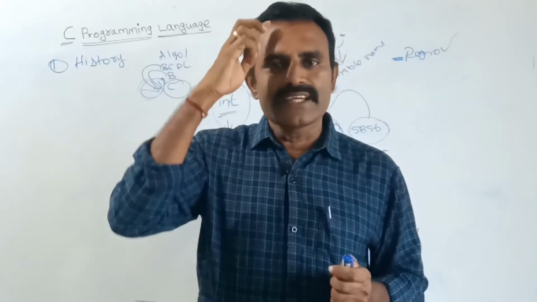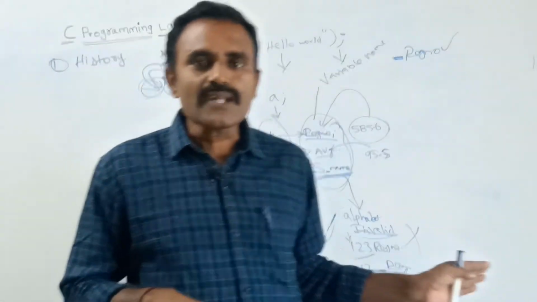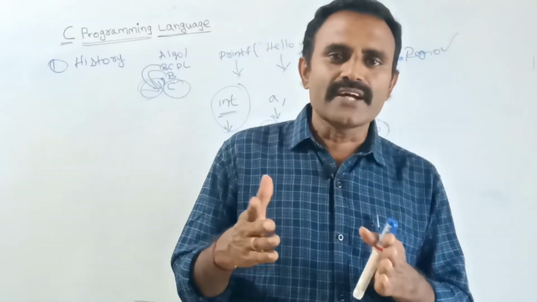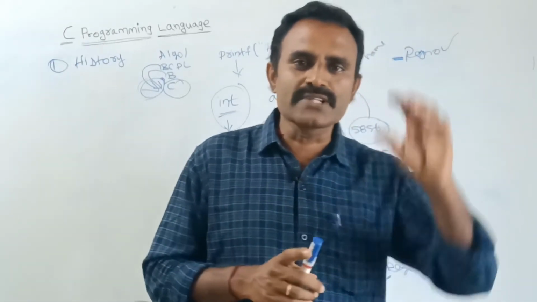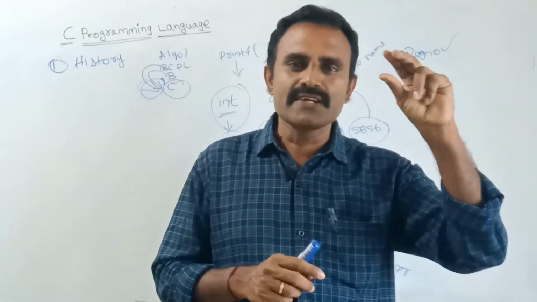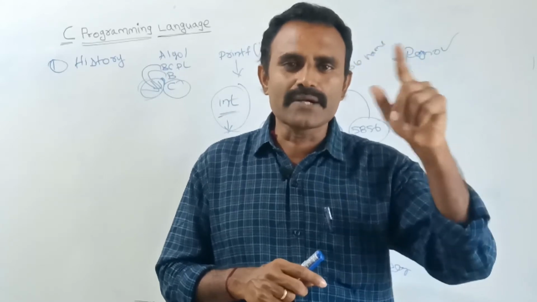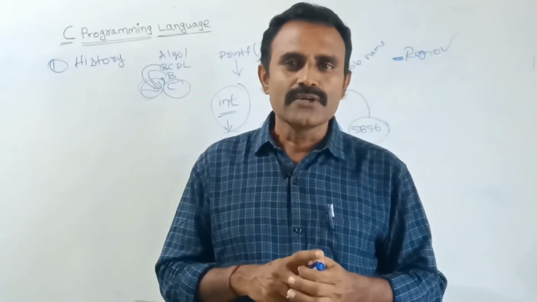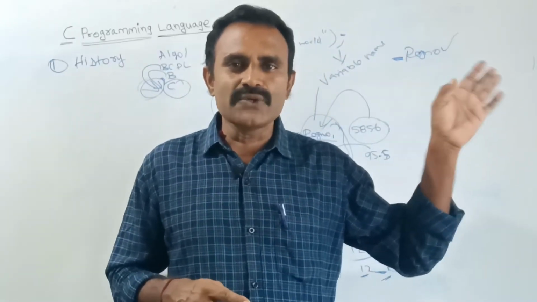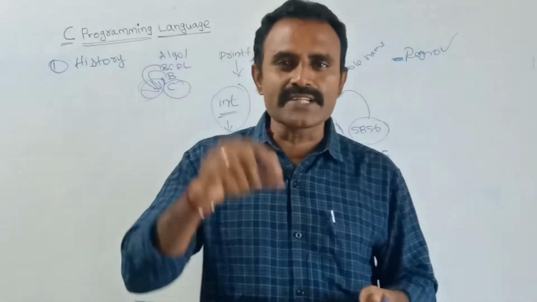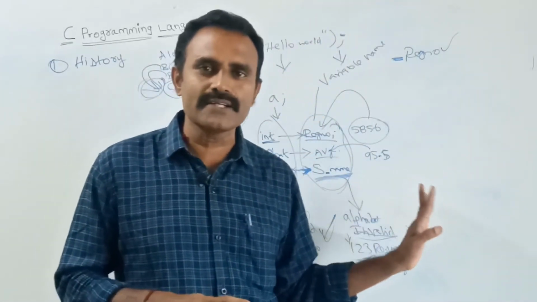For example, the student number, name and student marks and all, we can store at runtime. Suppose the student's department is computer science, that computer science department is a fixed one. It is fixed to every student. So we can declare the variable department is equal to computer science. That means while writing the program itself, we can assign the value. That value will be fixed. That fixed value is known as the constant. There were two types of constant, number and character.